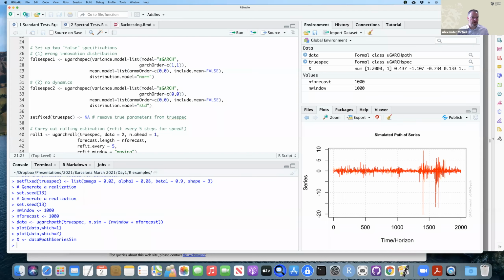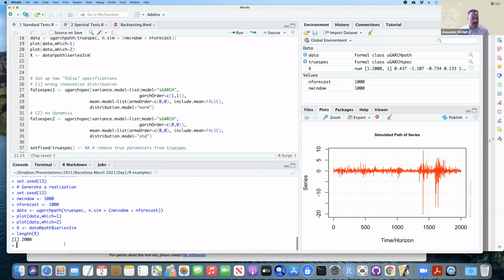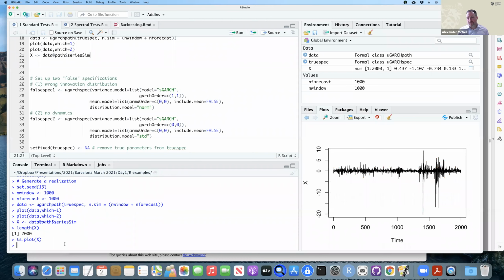I've broken it into two parts, incidentally. So you have one markdown file. I have broken it into two parts. So we have some real data X. If you remember, and you can probably see at the bottom of my screen, I've just typed length of X. We have, and I'm going to type TS plot of X as well. That's my data, 2,000 of them. And I'll pretend that I don't know exactly where they come from at the moment.